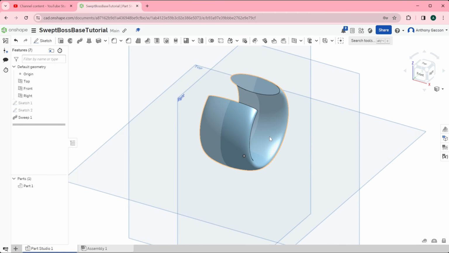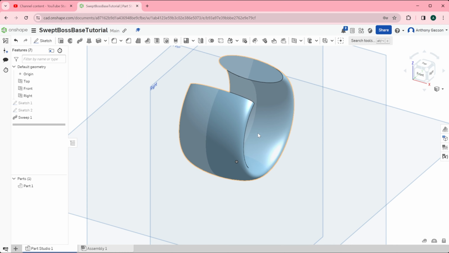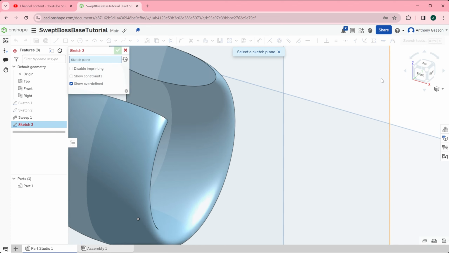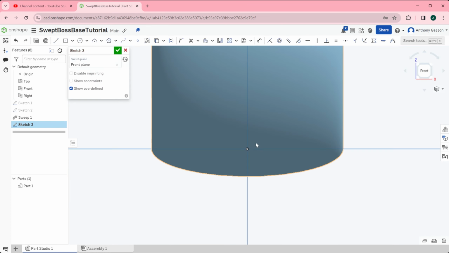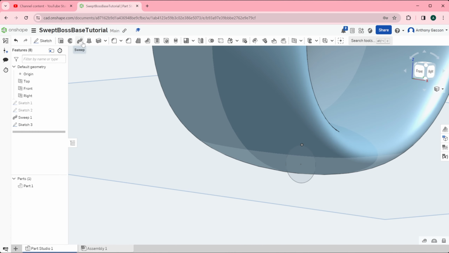Just to add some detail to make this a little more interesting, I'm going to once again do a sweep. This time I'm going to do a sweep removing material. So I'll start a new sketch, once again on the front plane, and I'm just going to come over here, selecting the center point arc again. I'll do a bit of an arc here. I'll click the tick, and once again I'm going to use the sweep tool,